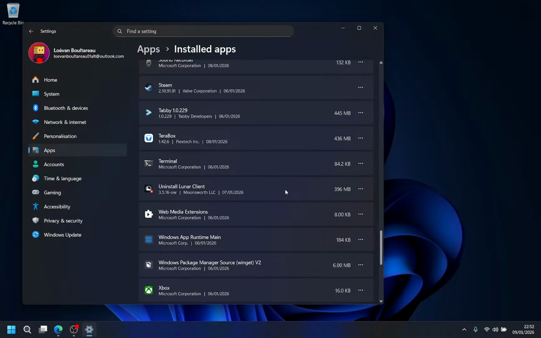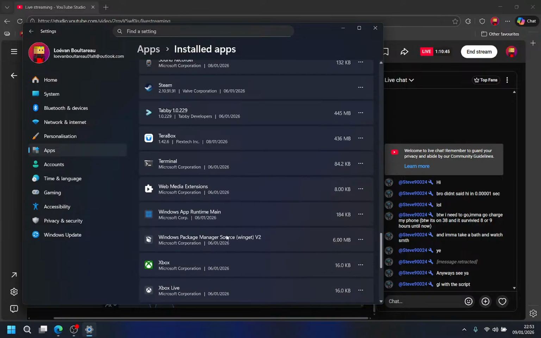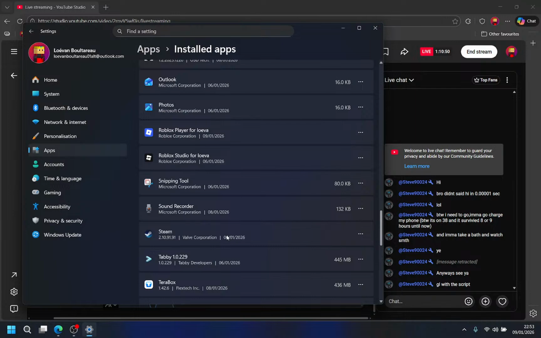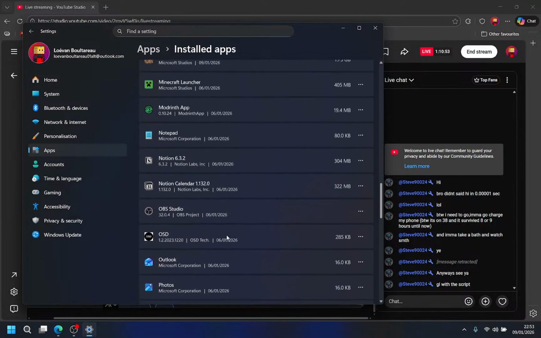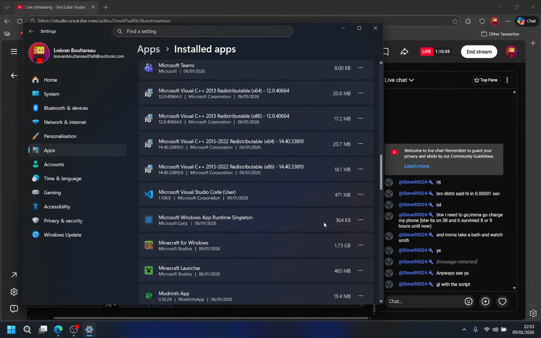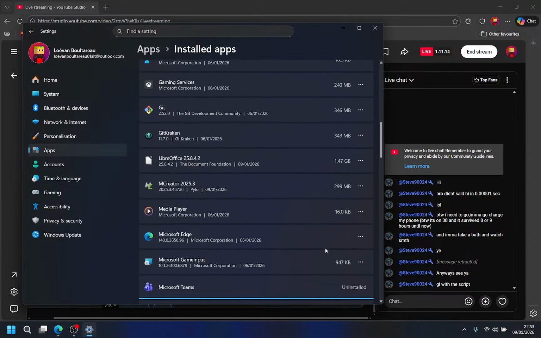Wait, Luna Client was running all this time? Uh-huh, okay, don't have a confidence anymore in Luna Client. Yeah, Visual Studio Code. I mean, it's fine in most cases, not in the ones that I actually want. Why is the Microsoft Teams here? I never actually installed it even so. I don't know what it's doing here.